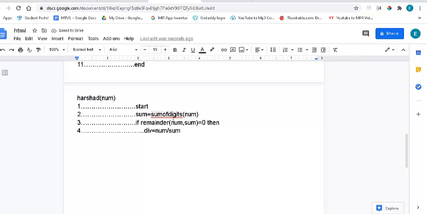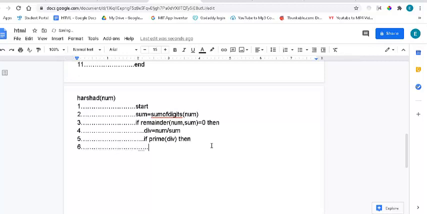Because I know that num is divisible by sum, I'm going to assign the result to div. Now I'm going to check if div is prime. I'm going to say if prime div, then